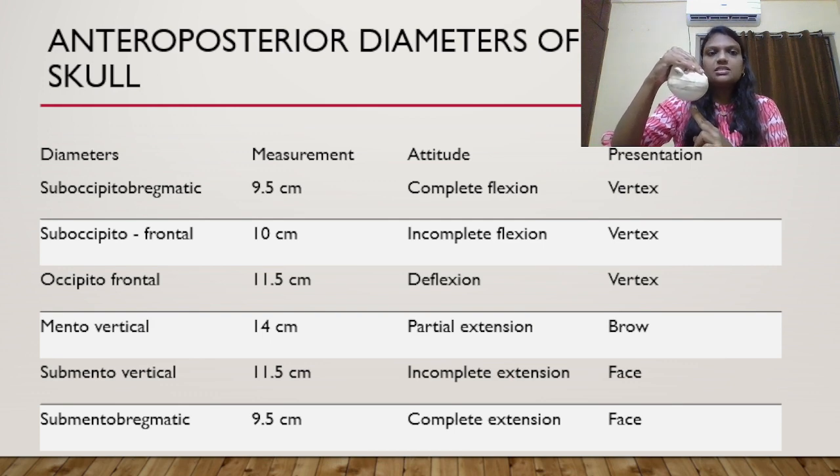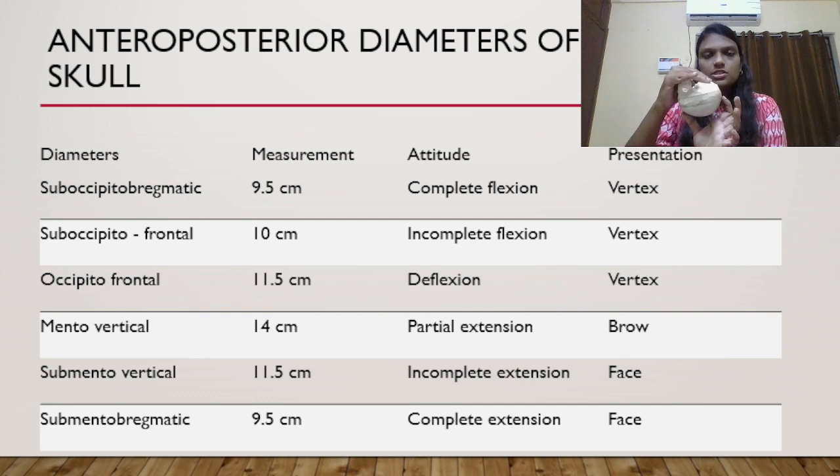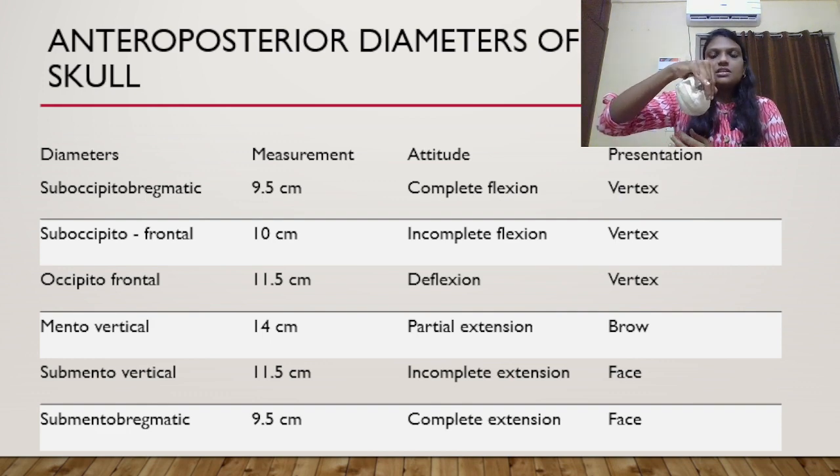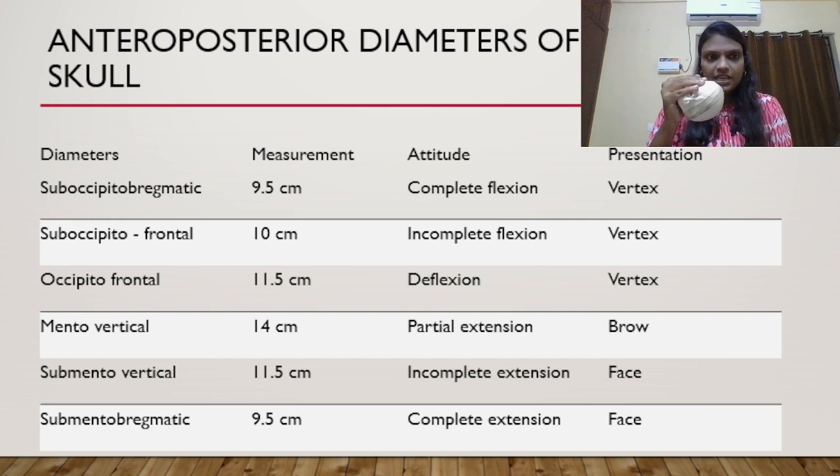Again, the presentation is vertex. In a deflexed head, the diameter of engagement is the occipitofrontal, and it measures about 11.5 centimeter. Now the head is partially extended. Complete flexion, incomplete flexion, deflexion, now partially extended. In this partial extension, the diameter of engagement is the